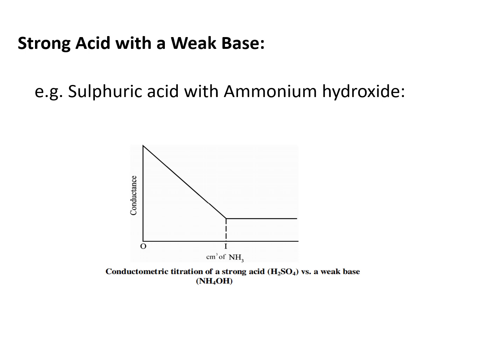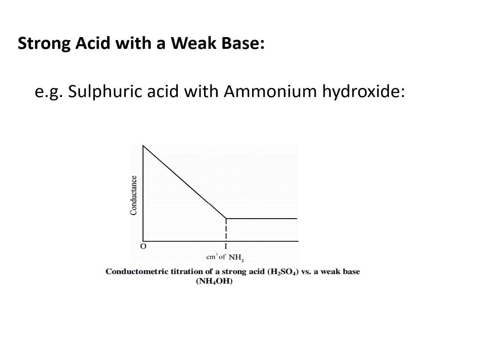So let us go to the second type of conductometric titration, wherein we take strong acid with a weak base. Strong acid we have taken here sulfuric acid, and weak base we have taken here as ammonium hydroxide. The same conductance is plotted against volume of ammonium hydroxide. Initially, in this case also, the conductance is high due to the presence of highly conducting H plus ions present in sulfuric acid. But as ammonium hydroxide is being added, the conductance decreases rapidly due to the replacement of H plus ions by the less conducting ammonium ions.